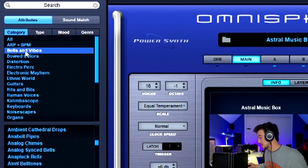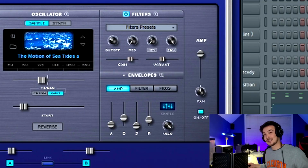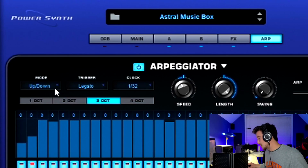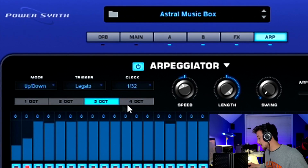In Omnisphere, I went to the bells and the vibes and I picked out this Astral Music box. Omnisphere sounds tend to have a long tail attached to the end of them, so I just turned the release down. Didn't mess with the effects or anything. I went over to the ARP and I activated it. The mode is up and down, clock is 1/32, and the octave is 3 octaves so that we get a